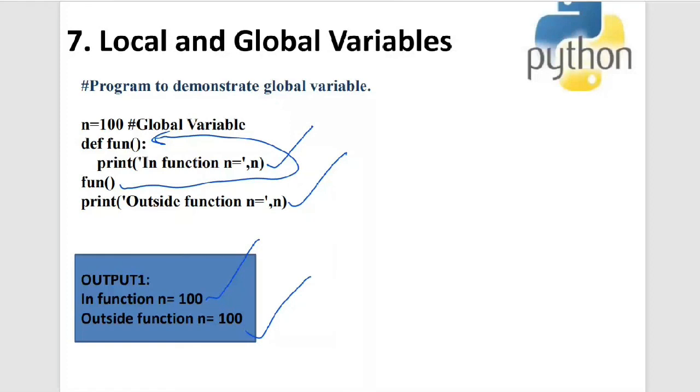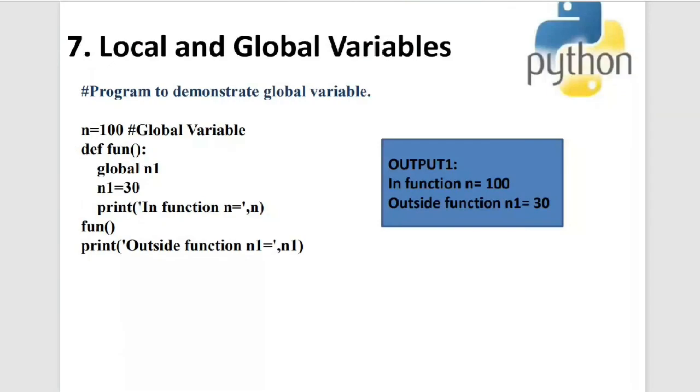Now let us look into a very important concept wherein we are using the global keyword. Why we are using the global keyword is because I want to make a local variable a global variable. In the previous example, I declared num1 and num2, which are local variables to the function, right? num1 is a formal argument to a function, and num2 is equal to 300 or something I made in the previous program.